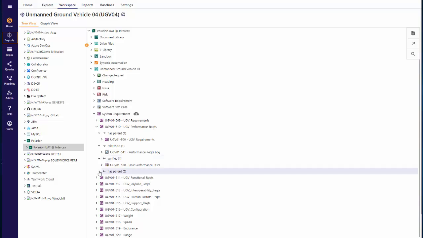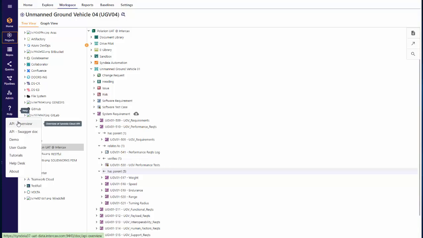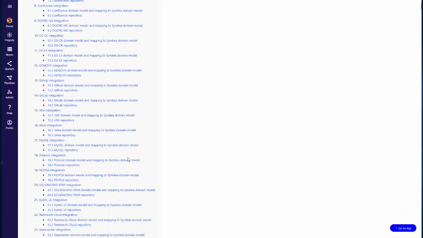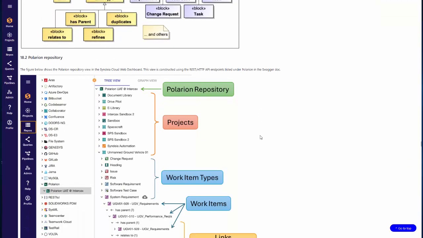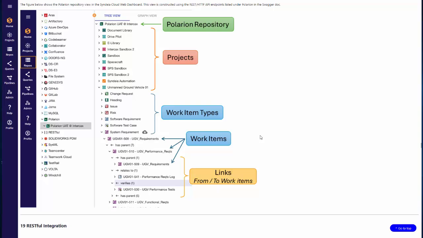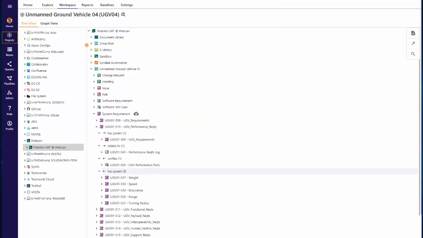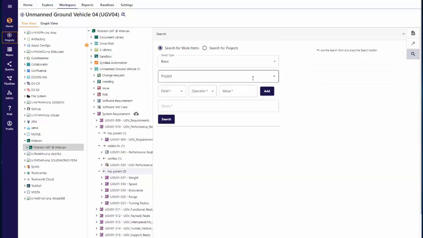For more information on the Polarion data model and how it relates to the Syndeia graph, review the Polarion section of the API overview, available through the Help menu. We can learn more about the objects in the tree view using the icons on the right. The search function represented by the magnifying glass icon provides a variety of options for searching the repository. For example, we can identify a project and search for